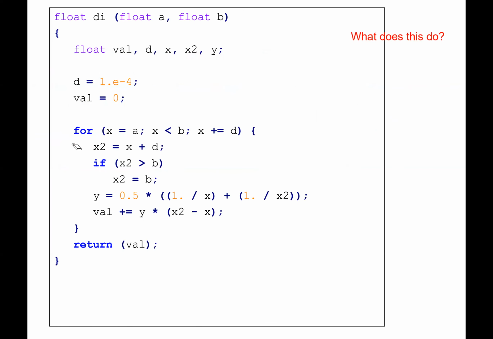Okay, what does this code do? I'm going to give you 40 seconds. C05, I'm going to call on you if you guys don't quiet down. It's going to be awkward, so consider that a warning. So take 40 seconds or so. Think about what this code does. You can discuss it with your table mates, and then buzz in if you think you know what it does.